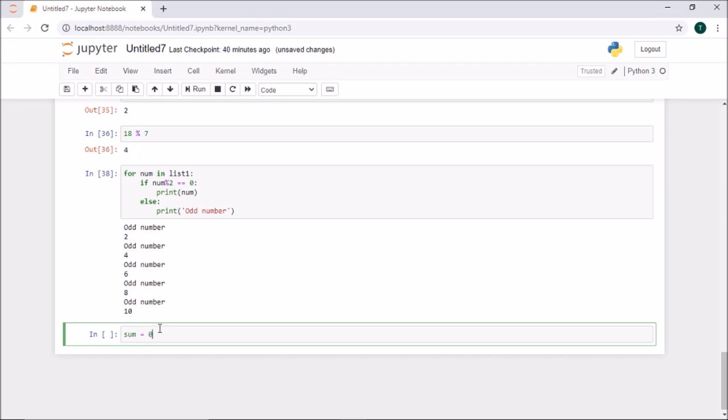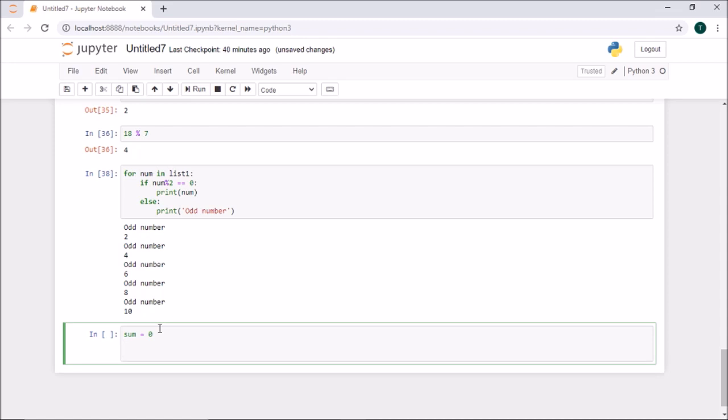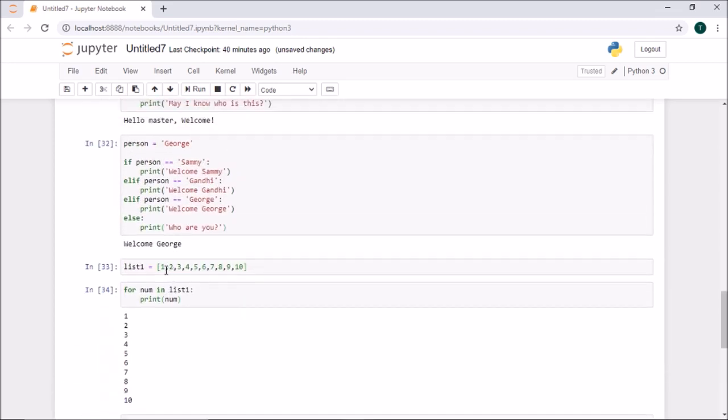So what I am doing here is iterating using a for loop, for num in list 1. I am going to add each and every element in the list. So how am I going to do it? 1 plus 2 is 3, 3 plus 3 is 6, 6 plus 4 is 10, 10 plus 5 is 15, 21, 28, then 36, then 45, and then 55, right?